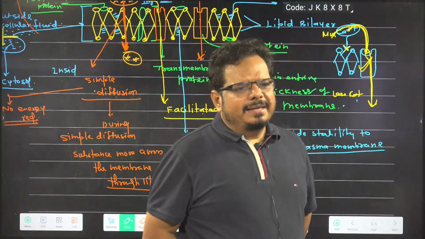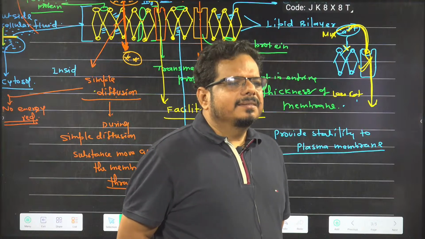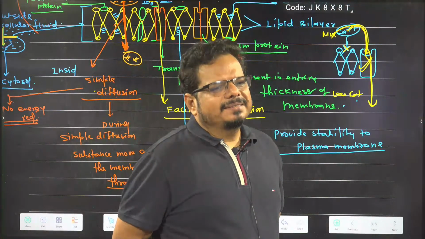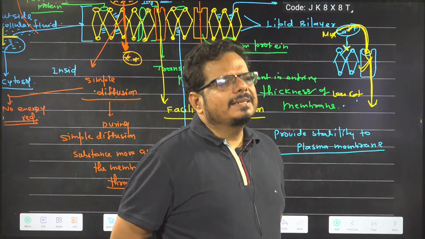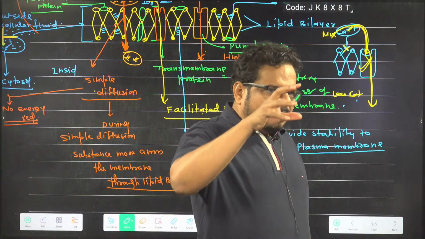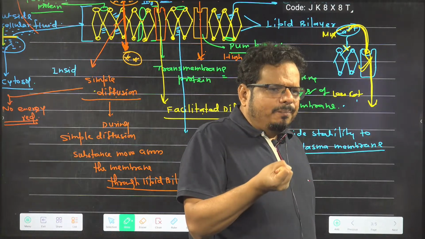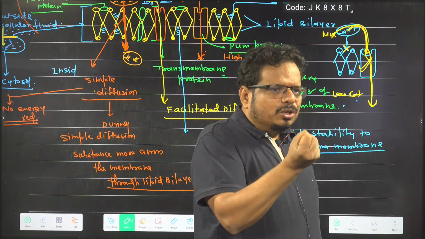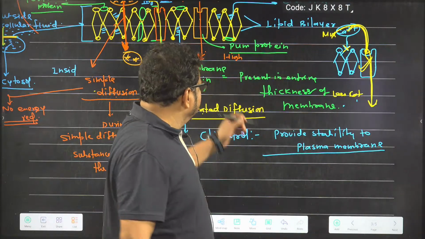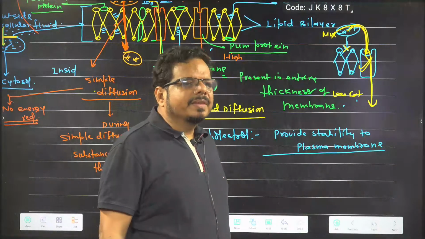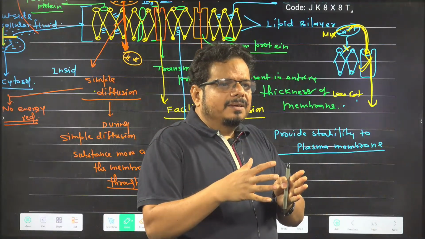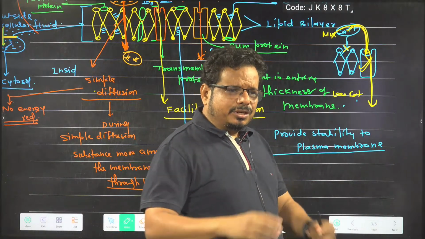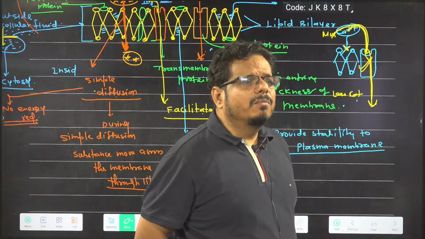So the major component of the lipid bilayer of the plasma membrane is which one? Fatty acid. And that is also present in coconut oil. So if coconut oil becomes more liquid in summer and more solid in winter, the same problem may exist in the plasma membrane. In extreme winter, the plasma membrane is solidified. And in extreme summer, the plasma membrane becomes more liquid.